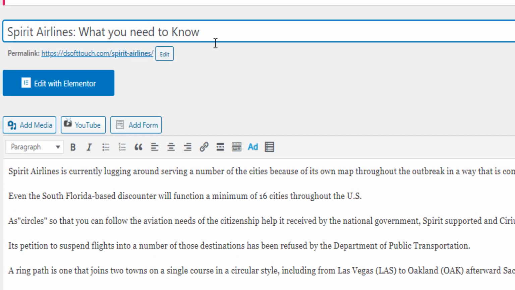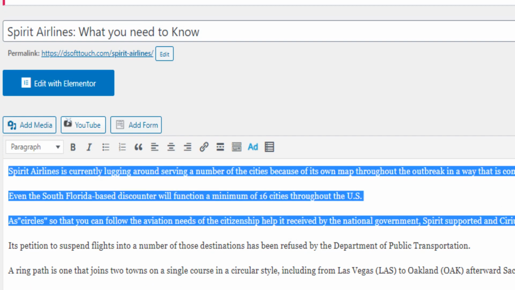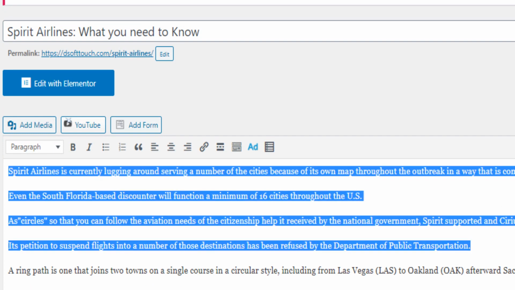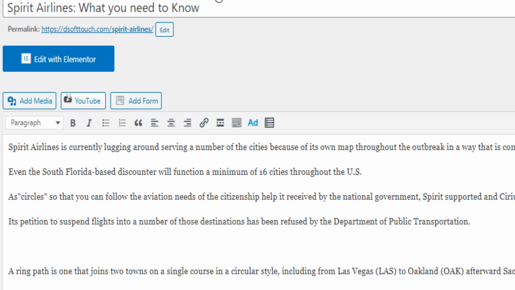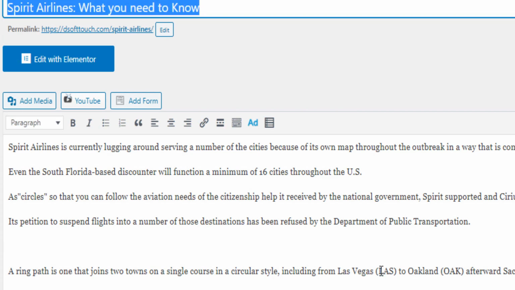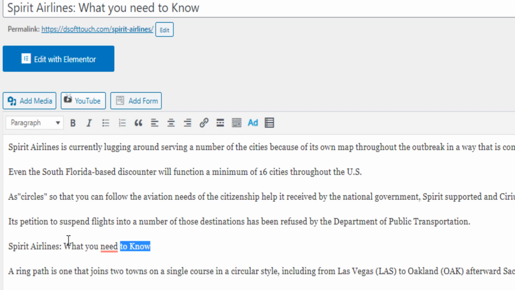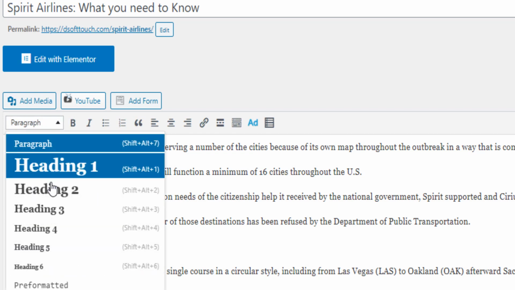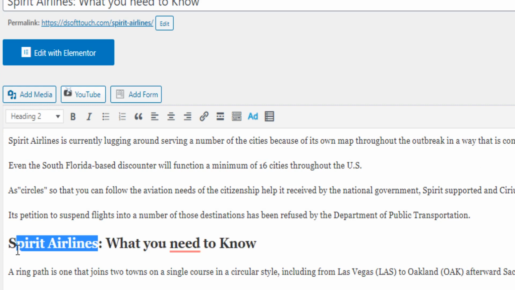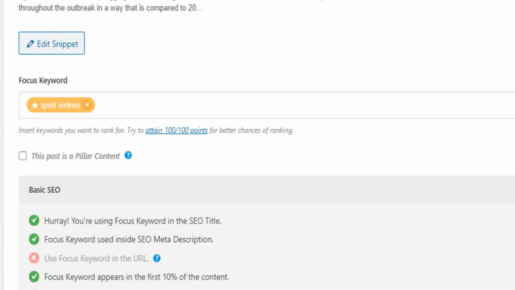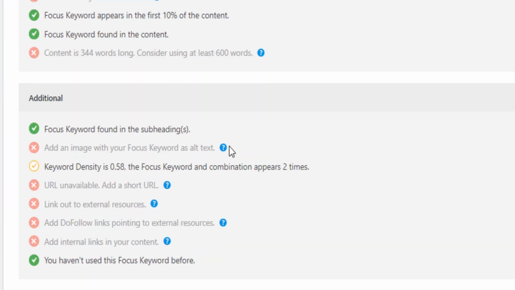Type what you need to know. Now, there's, for example, an introduction of Spirit Airline. Now, you need to have as well an H2 title. So if I copy this title again and I come back here and I paste it down here, I transform that in H2 title. Now I go from 56 to 59 because I have the keyword of interest in the H2 title. Now, the next thing you want to do, you want to add, for example, an